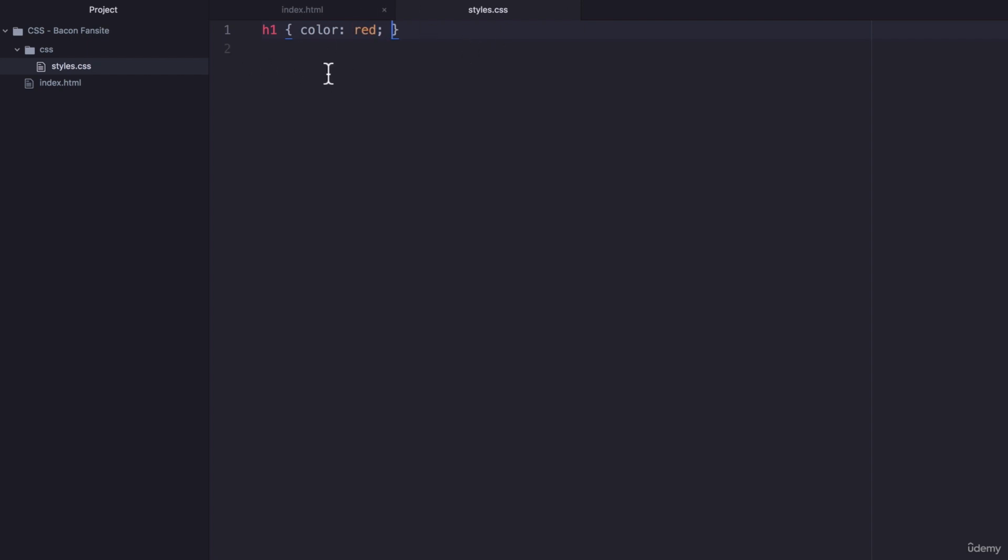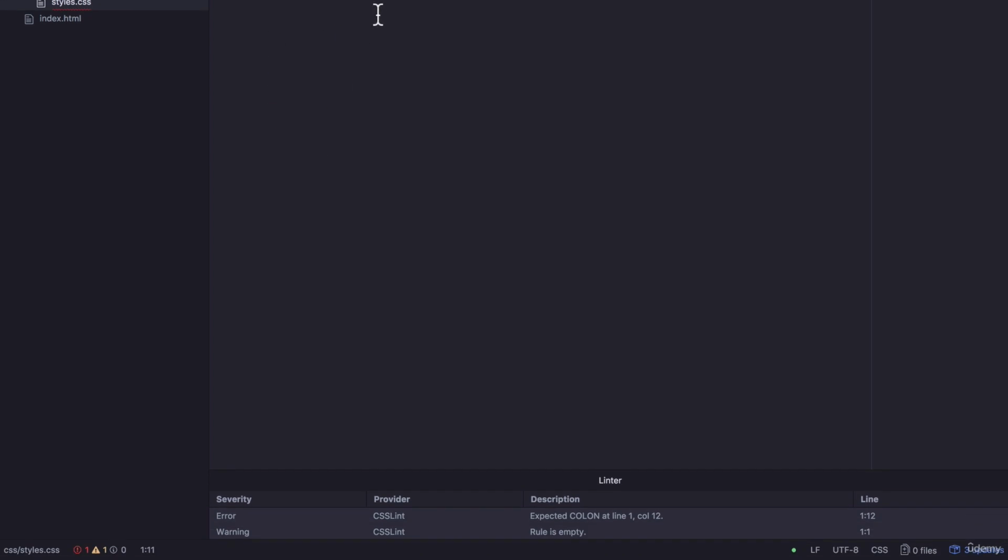Now, all the parts that we've mentioned in the CSS syntax slides are really, really important. Sometimes you might forget, or you might accidentally remove something, and it will break the code. So let me show you what I mean. For example, if we forgot to put in the colon, then we can't differentiate between the what and the how, and it'll think that all of this is the what, or the properties we want to change. So that doesn't work. And if you hit save, then the linter inside Atom will actually give you this error